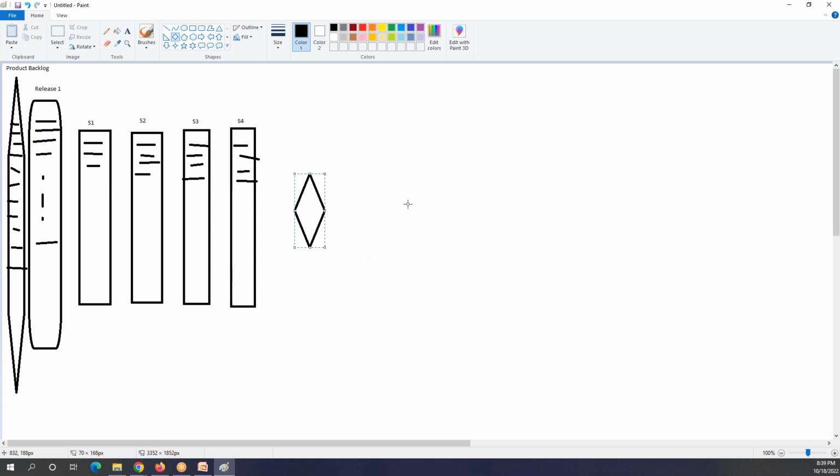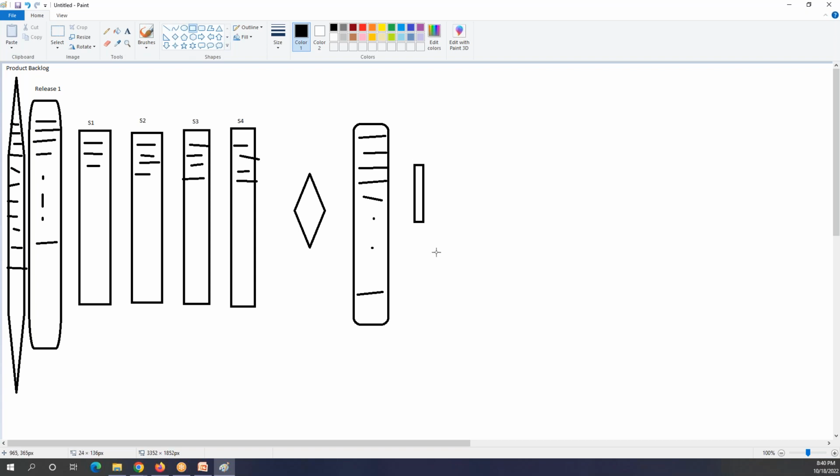Then the same thing will happen in release 2. They have a backlog for release 2, and in this case they are more confident. They took 20, and based on that they'll work on the defined sprints.